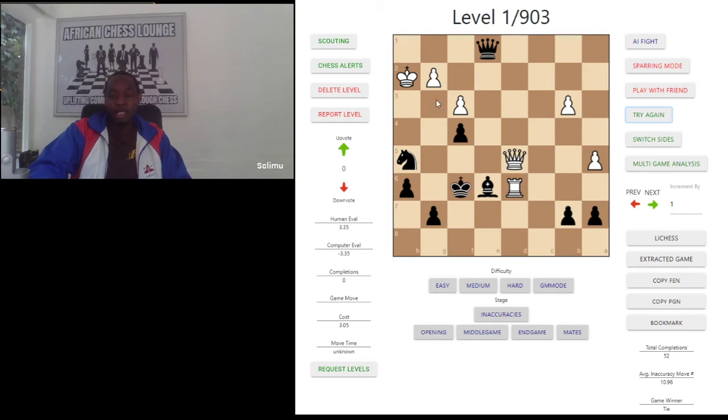But before making this move, if I play knight to g3, he has this queen check over here on d4. So first idea is to just play queen e5, because these two minor pieces should be enough to win, but